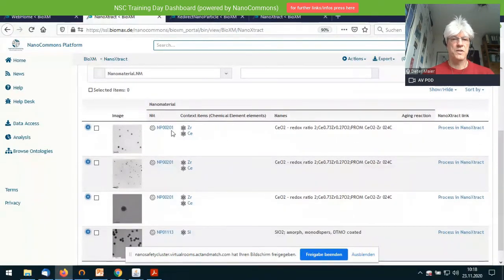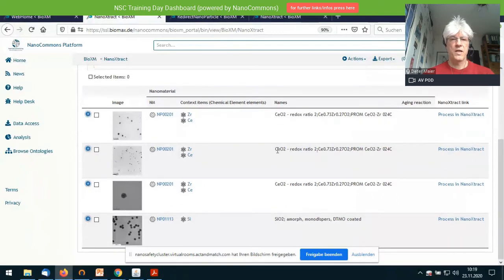You have the nanomaterial here, so you can again filter for your nanomaterial. You see your image that's uploaded, and then you have the ability to go to NanoExtract and process your image there. And one thing I can also show here, this is an